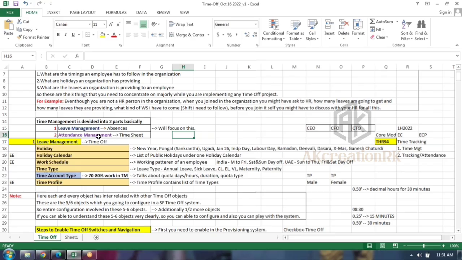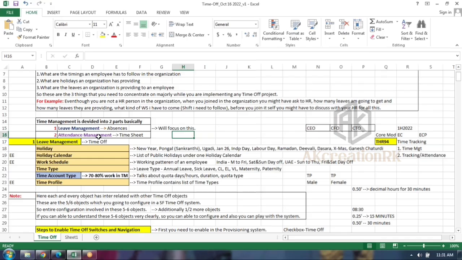People who come from an SAP background know there is a concept called biometric. There it captures how many times you are in and how many times you are out. Every in and out should be maintained in a separate time bucket, as we call it. That concept they are enhancing with SuccessFactors right now. Basically, this time management concept is copied from SAP HR time management, but some functionality is different. Why? Because that is an on-premise solution, and this is a cloud solution. That is the reason something is different.